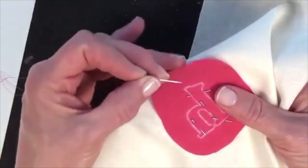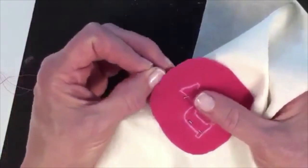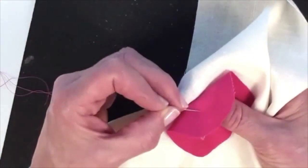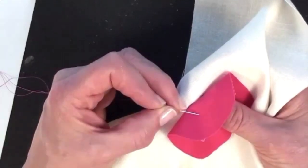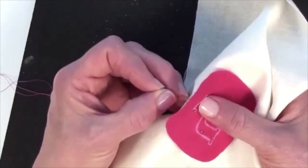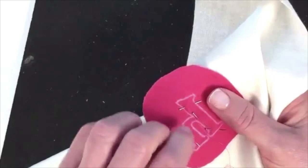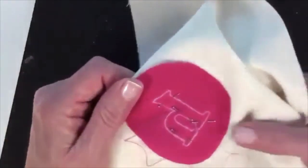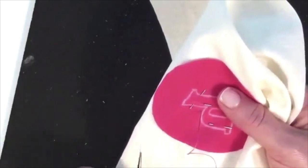Now, some people like to go ahead and begin trimming before they bring their needle up. I generally bring my needle up always from underneath the applique, never from underneath the background fabric. I bring my needle up and then I trim away. And I don't know why I do that, I just do. But if you're doing what I'm doing here, be sure that you do not cut your thread as you trim